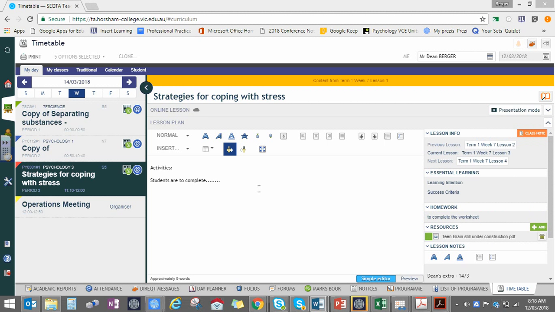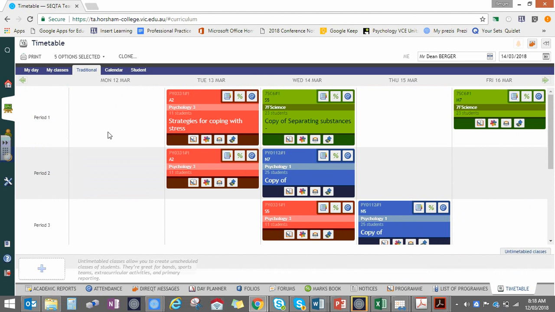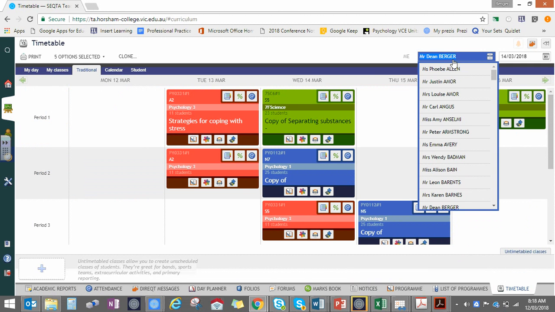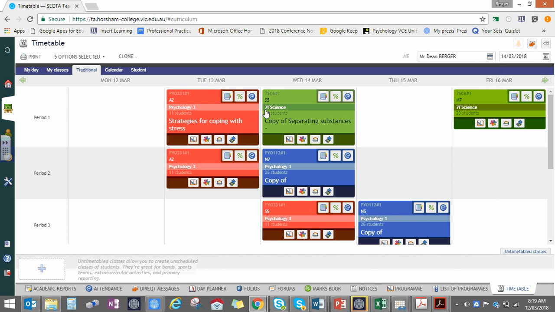what happens when you want to take an extra, when you've been given an extra to take for somebody else. We might go back to the traditional page, which gives us our timetable. So doing exactly the same thing. You get given Wednesday, period 3 for Dean Berger. Okay, so again, you'll search up his name, search up my name, find it, click on it, come to the